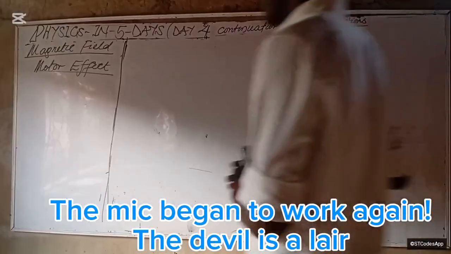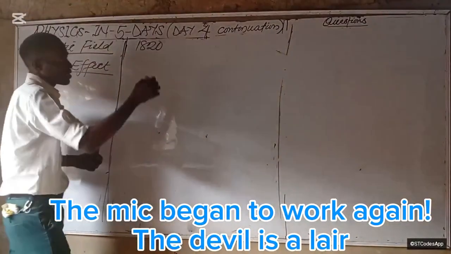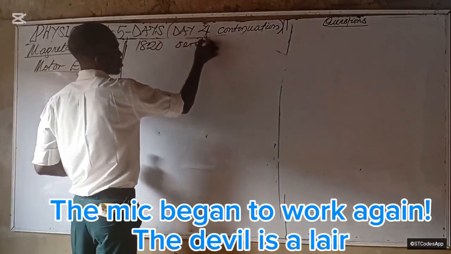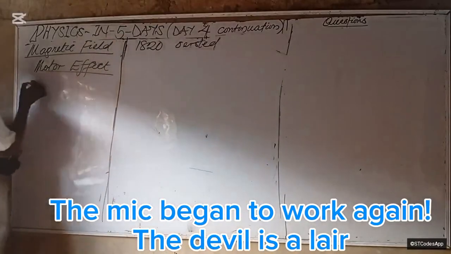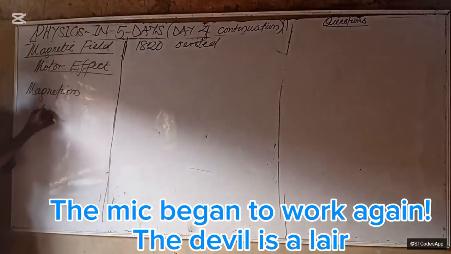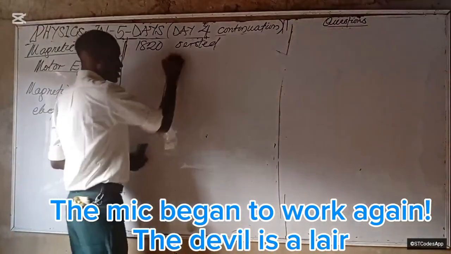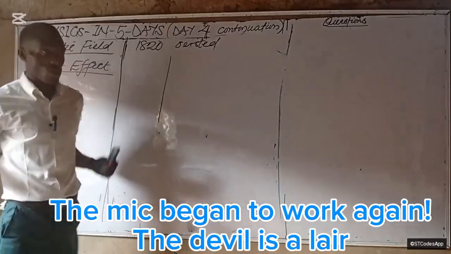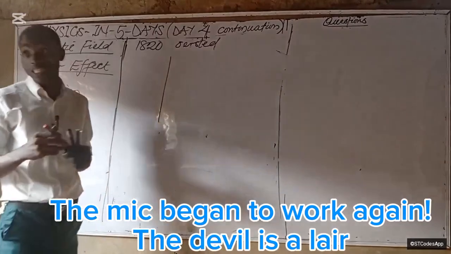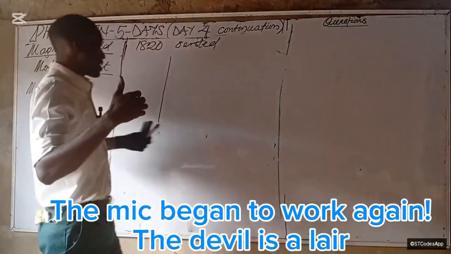Let's go to the motor effect of electricity. We said that in 1820, this man, Hans Christian Ørsted, did what? He discovered the link between magnetism and what? Okay, and electricity. And what did he find out? He found out that a current carrying conductor, or a wire in which current is flowing, has a magnetic field around it, right? And thus we postulated the first right-hand rule that the